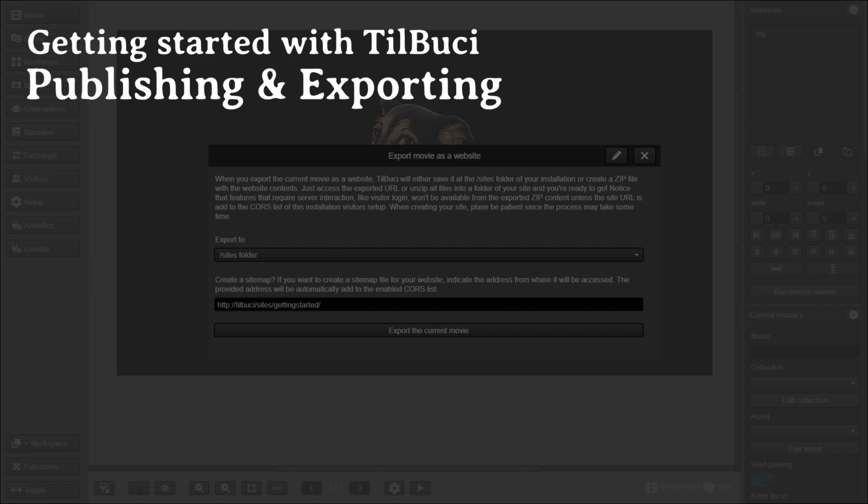Tealbusi offers a wide range of publishing options for your creations, from a simple website to more complex productions such as desktop and mobile applications. Check out the Tealbusi Scripting Actions Guide for more information on managing specific actions for these targets, such as closing applications, initiating the local installation of a PWA, or writing data to the user's device.